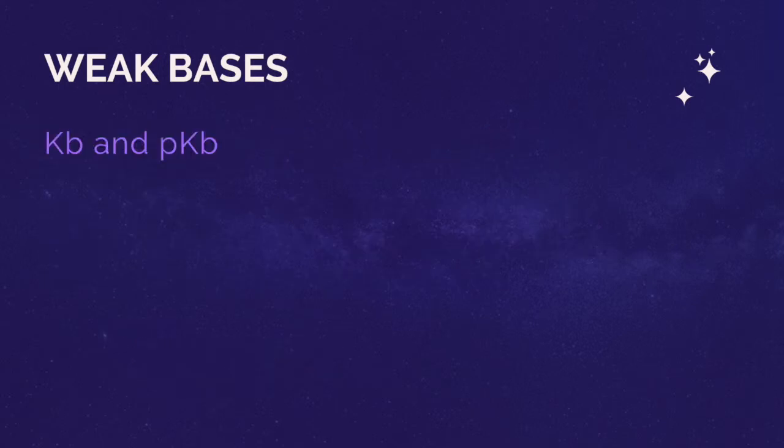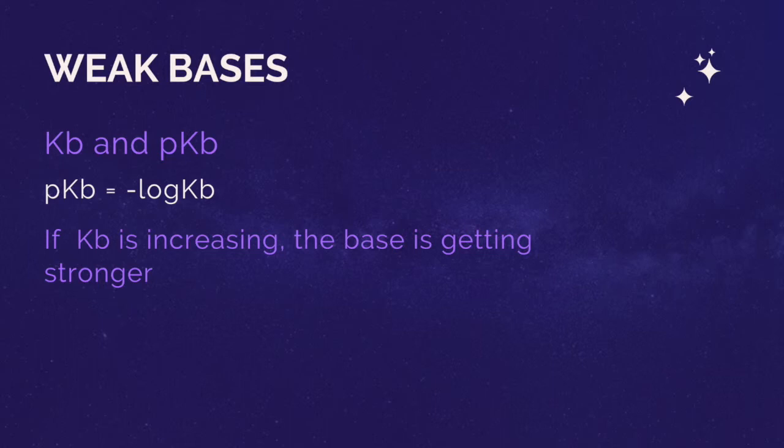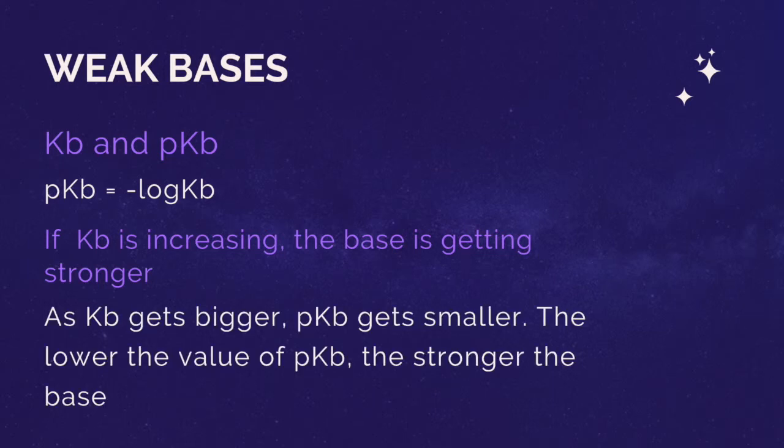Now we will talk about the relationship between Kb and pKb. pKb is the negative log of Kb. And if Kb is increasing, the base is getting stronger. But as Kb gets bigger, pKb gets smaller. The lower the value of pKb, the stronger the base. pKa and pKb equal 14 when added together. You can use the Kb value to calculate pH for a weak base, and you can also solve for Kb